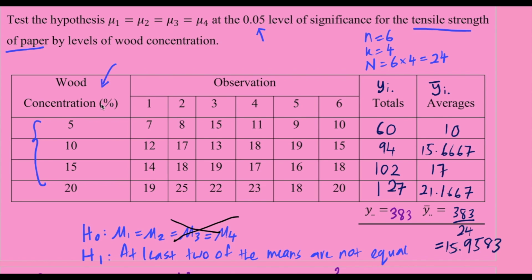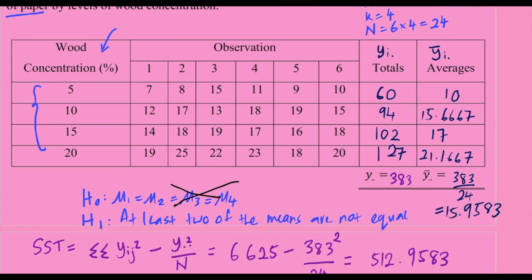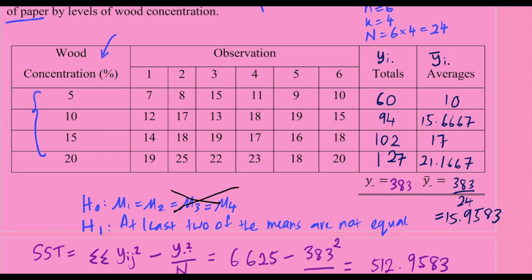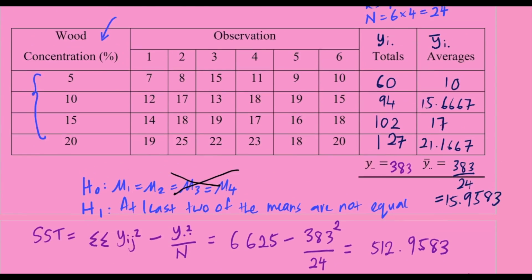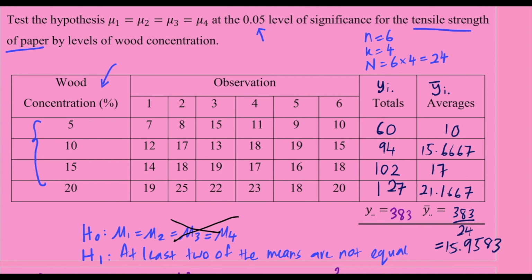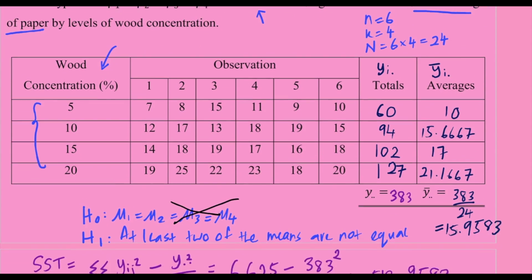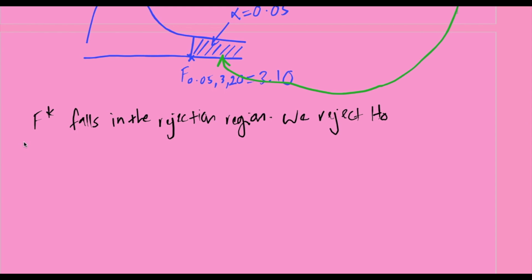So I'm going to show you how to write the conclusion in two ways, and you can choose either way in your exam or assignment. But usually we answer the question, right? Like yesterday we answered the question. Now I'm just going to show you if there's no exact question on whether the wood concentration has any effect on the tensile strength. So the first way to write your conclusion would be